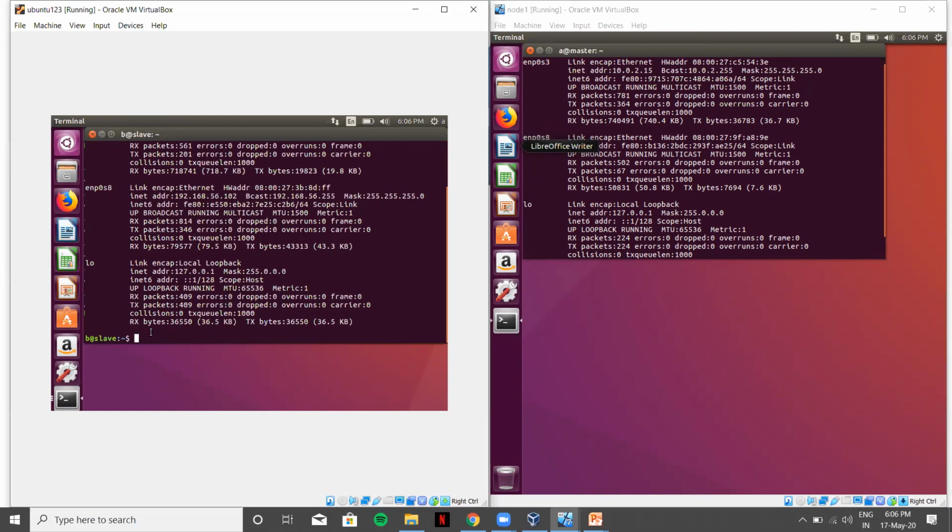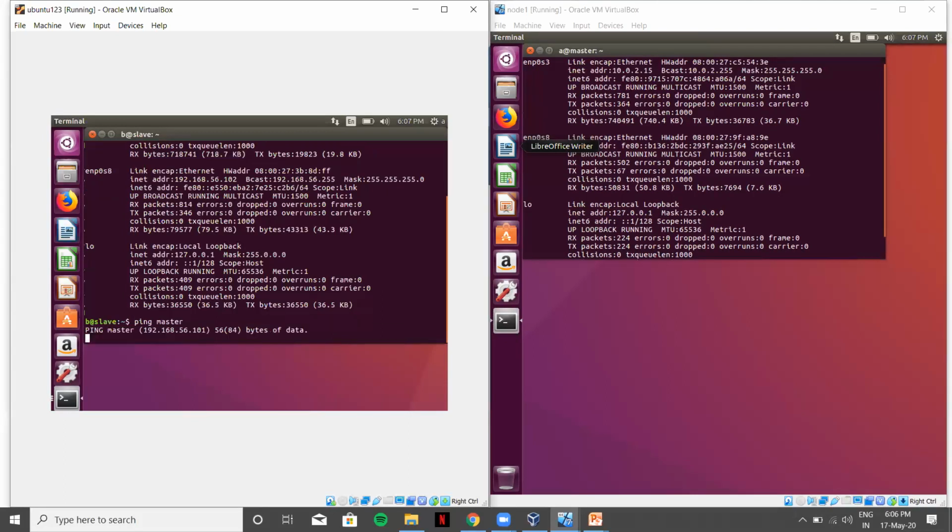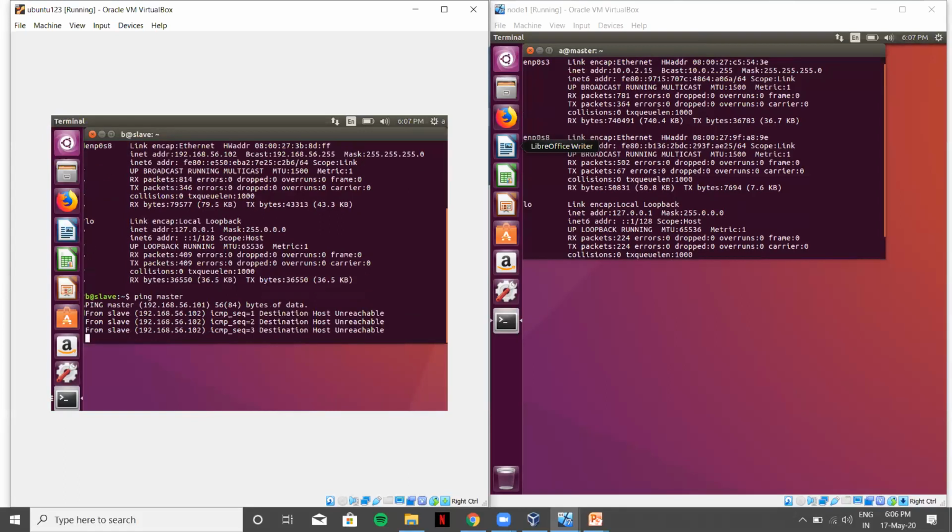First you have to run sudo apt install and install the SSH server. After that you have to check whether you can ping. Right now I'm logged into the slave one, so I want to check whether I can ping the master or not. Here you can see that I can ping the master one.